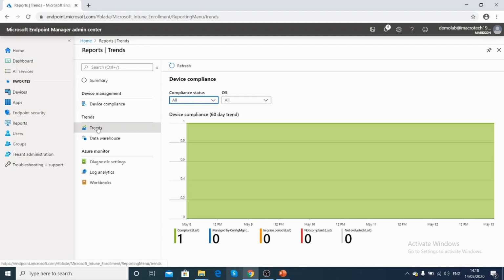You can provide this value to your management as a separate access so that they can keep track of how many devices are non-compliant, which are the devices that are obsolete. So many records can be tracked under trends.